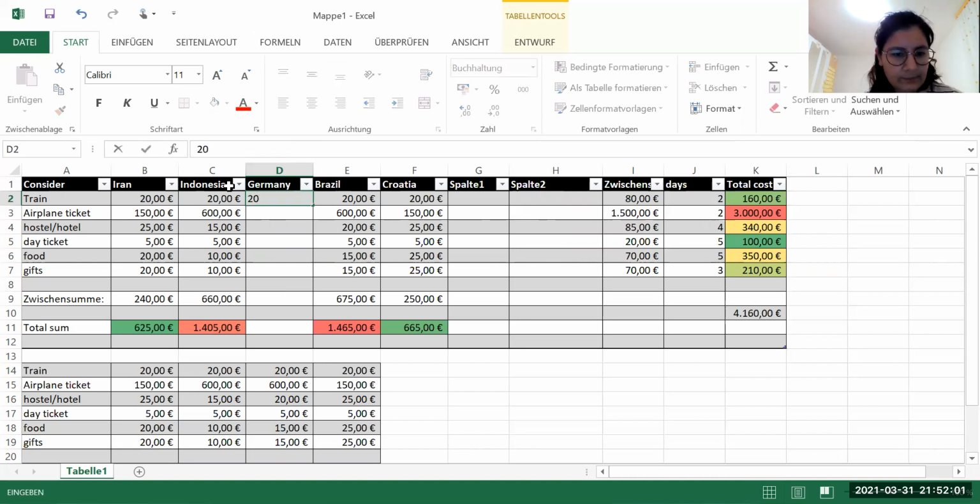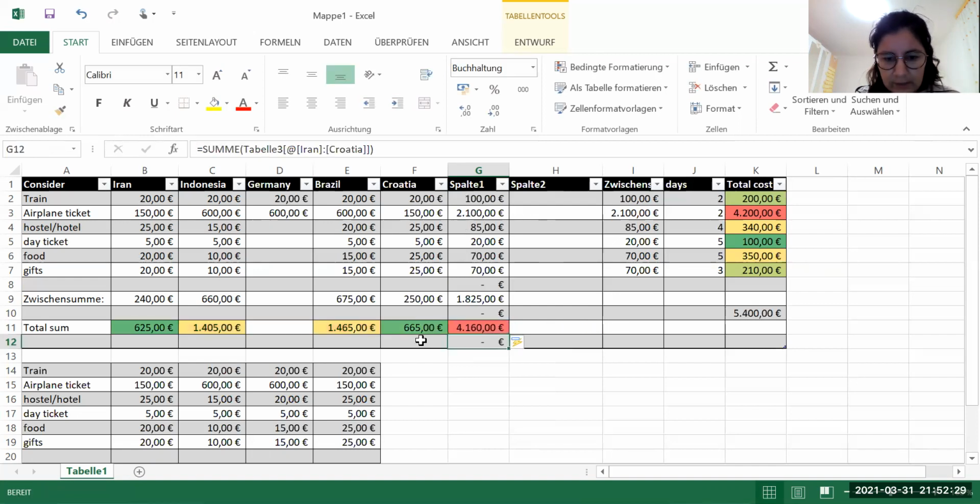Let's say again, train is 20 euro. This one is 600, and now it's changing because it will take the sum from B to F. So if we change something here, it will also change it. So you can see again the total cost that will save to all of them. It would be nice to know also the total cost of this one. So, what did I forget? I forgot to write sum because it doesn't know what to do. So this one here, close it, and it will be,